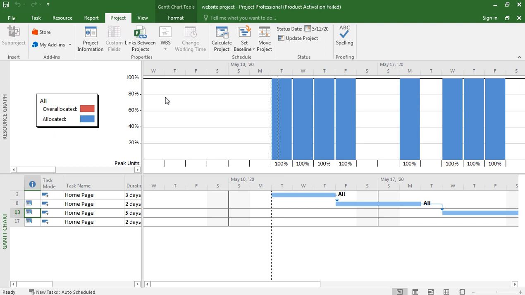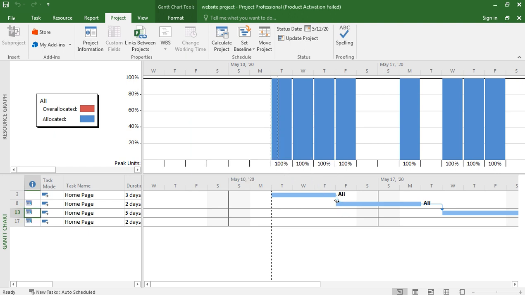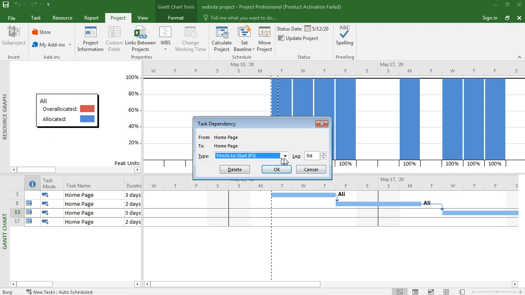So you saw what we have discussed: how to use tasks, how to use resources, how to use scheduling techniques, how to use work breakdown structure. And there is this one that is required, finish to start.